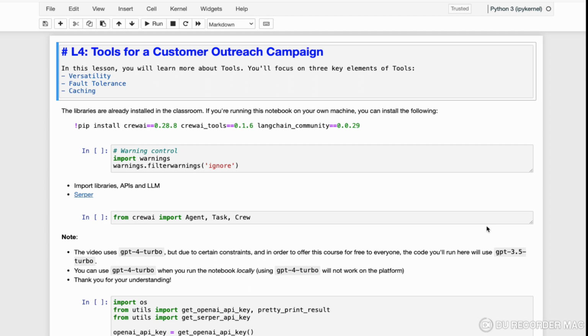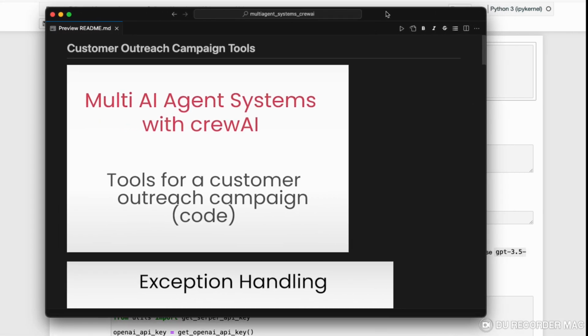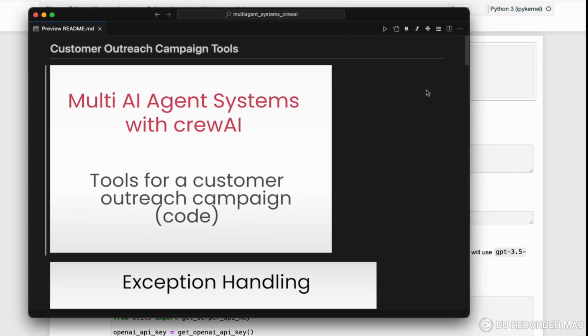Before going into the code, let's discuss some basic concepts. There are three key elements of every tool that we are going to use. First is versatility, second is fault tolerance, and third one is caching. So, looking at this markdown file,